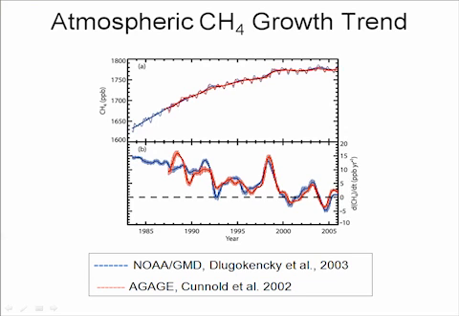Okay, this next slide shows a compilation of data that's been collected to zoom in on more modern times. On the top here we see the atmospheric concentrations of methane since the 80s through about 2006, and we see that that's continued to rise, but appears to be reaching more of a steady state. And then below we see the relative growth rate year to year. So we see that there's a lot of variation from year to year in that rate, and we also see that while the rate does seem to be declining, it's been positive for the majority of this time. So the concentrations in the atmosphere are continuing to rise, just not as rapidly as they were maybe 20 years